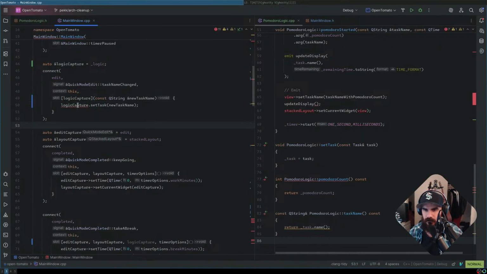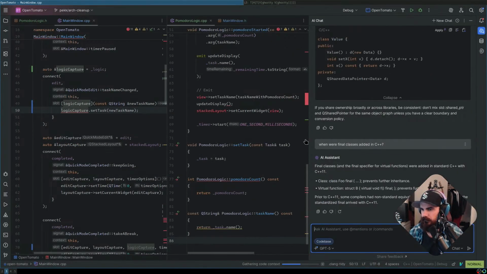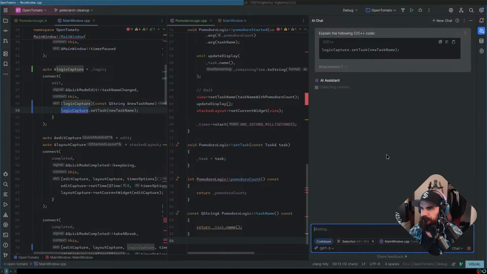Huh? But it was fine over here. Local variable logic capture was not captured. Why not? It's not going to do.